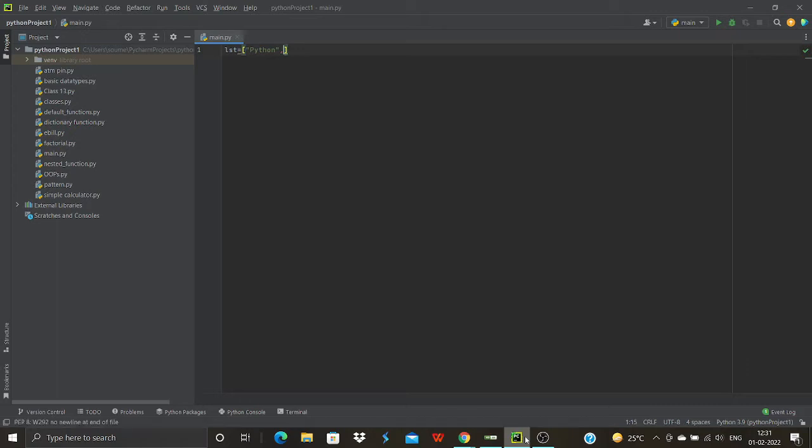Next we are following it with, let's say, an integer 2. Then we'll take a string, another string, let's say PyCharm, and let's take a boolean value false and a floating point number. This is basically my list which contains 5 members. Now various operations we can perform on a list are: